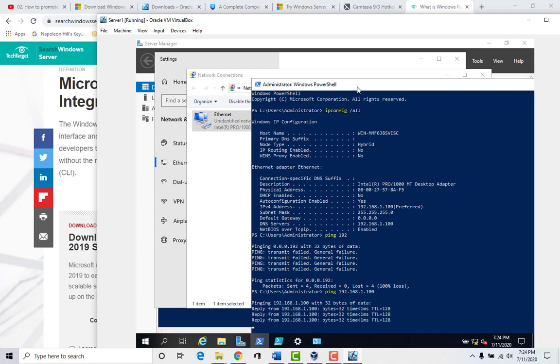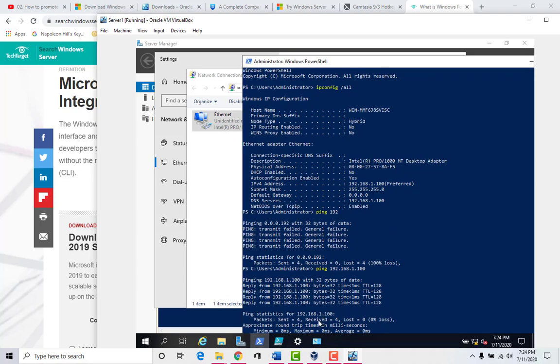I'm just basically pinging myself to see if the computer is alive, but it is alive, and it tells me that it went out. It sent 32 bytes and it took less than 1 millisecond to make the round trip.